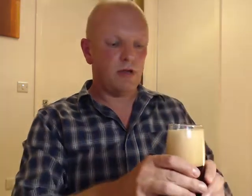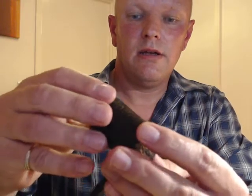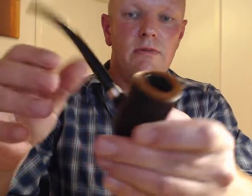And I have got another Ago poker that I annoyingly can't find amongst this lot. I have looked because I was going to compare the two. Cheers. Good head on that. Too much of a head. No flake in it. So that's it. It's a beautiful, beautiful blast. Lovely grain with a smooth rim. Been very gently smoked